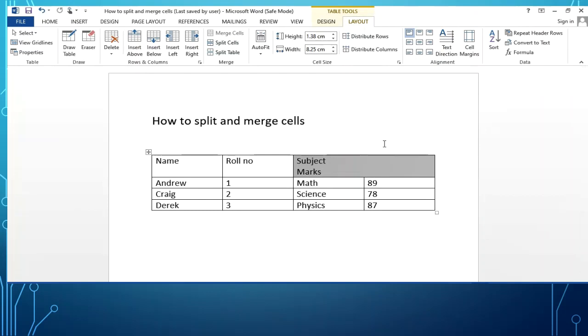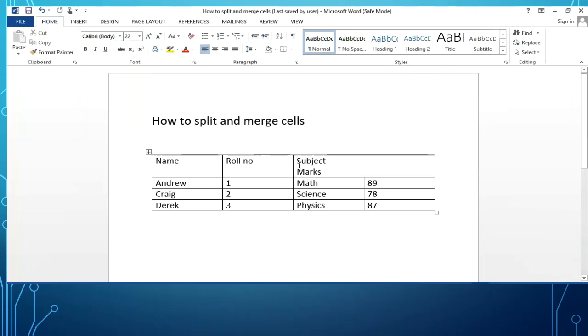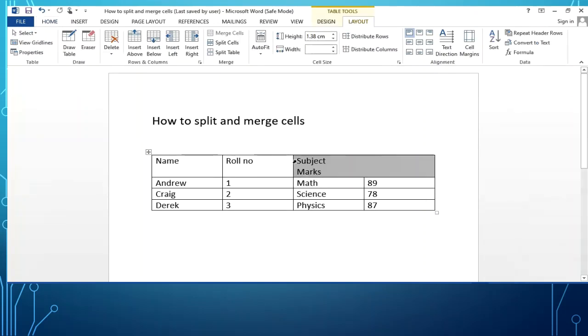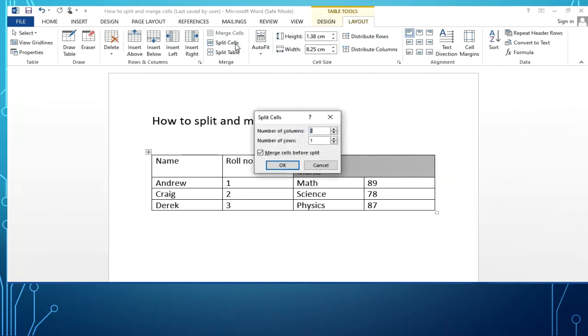Now I am going to split these cells. Select the cell, go to Layout, then go to the Split Cells option. You can select the number of columns into which you want to split.